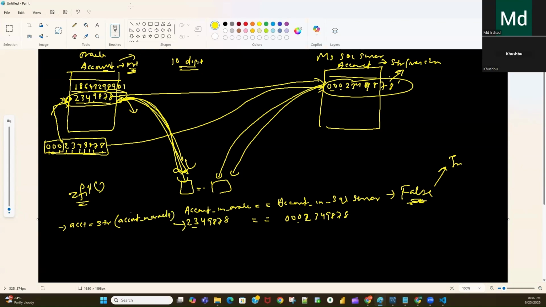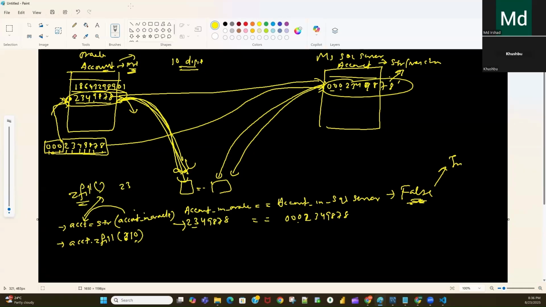Okay, so first we are converting this data into the string format. After converting to the string format, we are using the account.zfill function, and here we are passing 10. So what will this 10 do in the zfill function? Already this account contains how many digits? So we have converted this into the account.